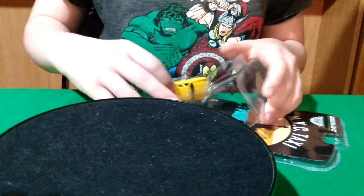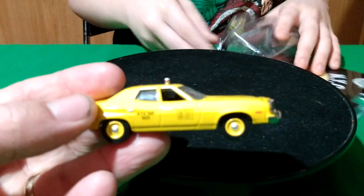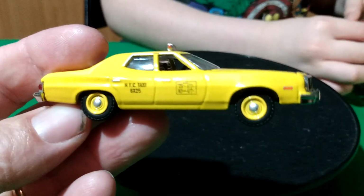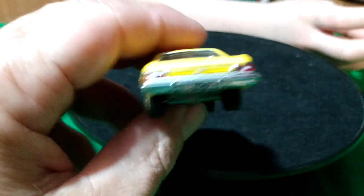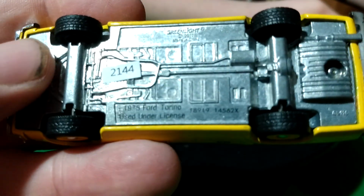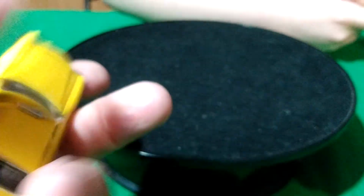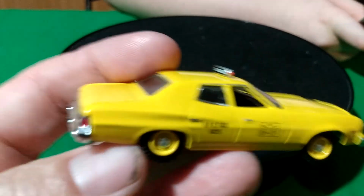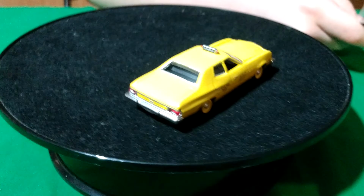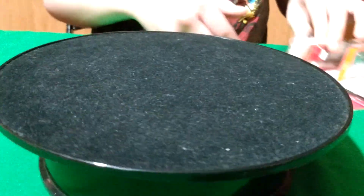This is the Torino. This is a Ford Torino here. And this is the Ford Torino from Greenlight, New York City cab. This thing's heavy. What year? 75 Ford Torino. Metal on metal. I don't think it has an opening hood on it. I don't know. I don't think it does. And maybe it does. And that's the 75 Ford Torino from Greenlight. Then we have two more, and then that'll be...